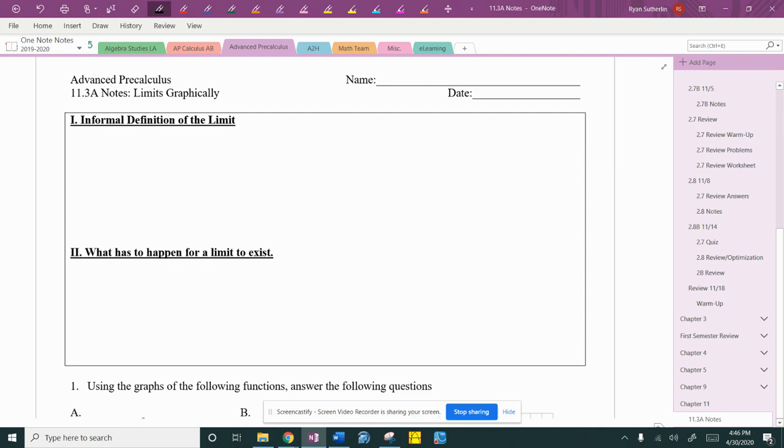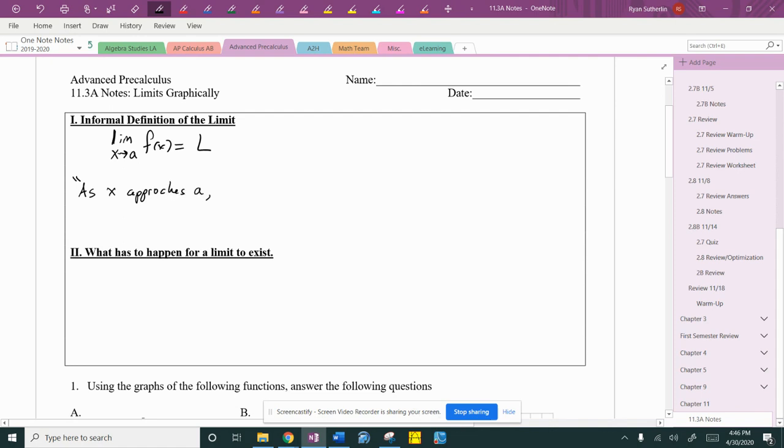So the note sheet that you can print out or just take these notes in your notebook. You're going to be referring to a lot of graphs when you're doing these problems, obviously. Let's first of all just quickly remind you the notation of a limit and what it means. So if we see this notation, and it is lim x→a of f(x) equals L. And what this statement means is as x approaches a,